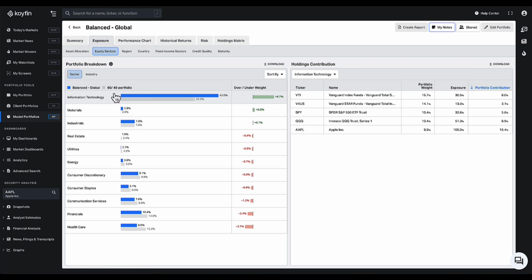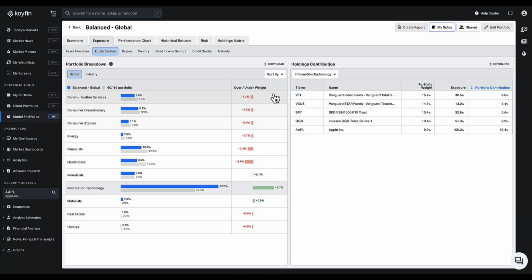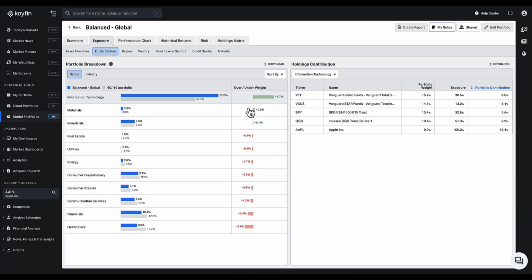You can also sort this table by different things. So right now I have it sorted by overweight, underweight. So I could see what's the most overweight, what's the most underweight. You can also sort this by exposure. So here my portfolio exposure, my blue bars here, are going to be sorted with the highest on top. Or you can sort by name, which is just alphabetical order, depending on how you want to